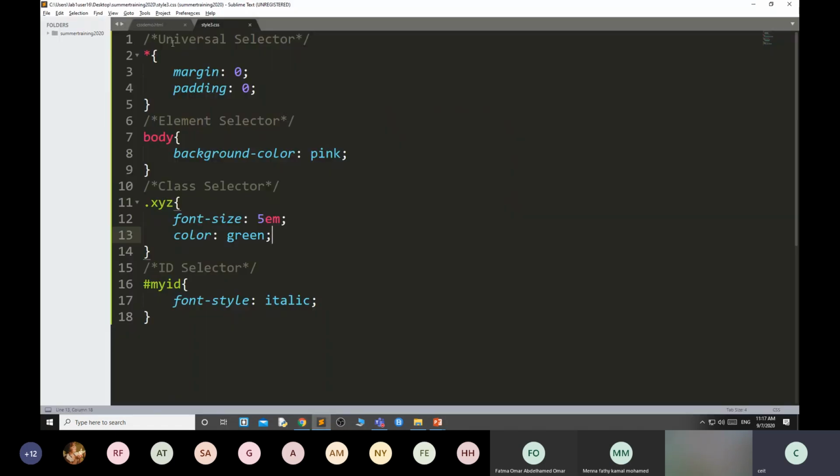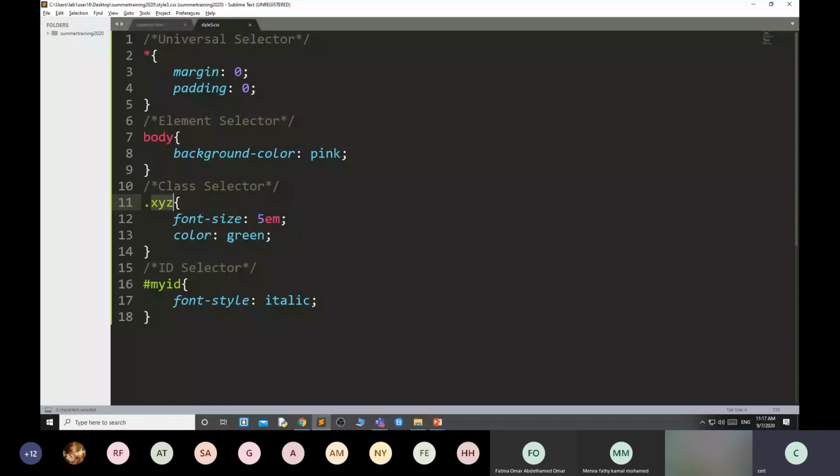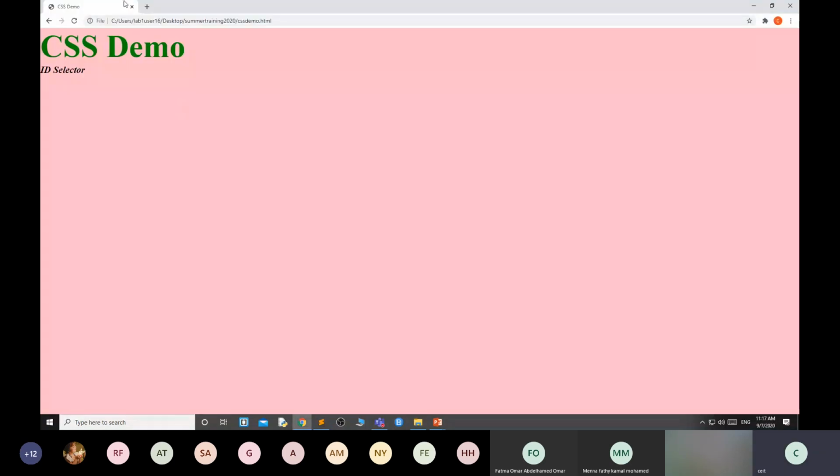Now suppose for the particular element you have two styles. One is external style, one is internal style. Okay, for the same XYZ class, using internal style you have specified the color red and using external style you have specified the color green. Let's see what color it's taking. Red.